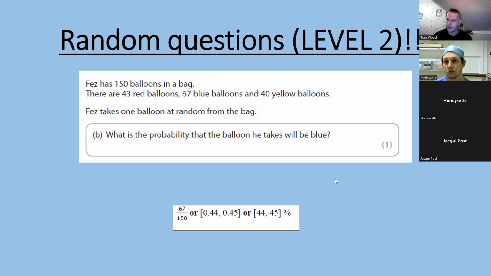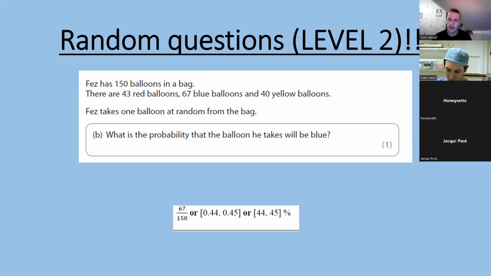Now, does that make sense, what I was just saying? Yeah, cool. It is just one of those things where sometimes you look at this and you can think immediately, well, hang on, what's the trick? It can't be that simple. It is actually quite nice and straightforward with this one. And again, use the marks to help out. This is a 1 mark question. So essentially you've got about